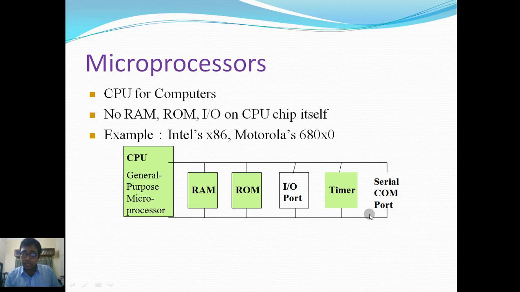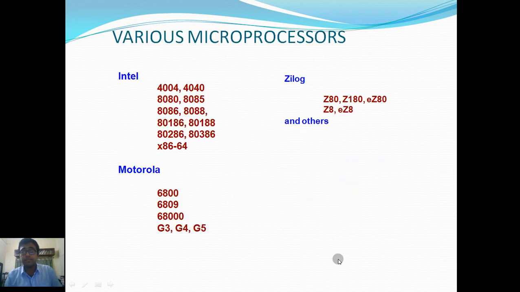We have timer circuits, a serial communication port, input-output buses, random access memory or cache memory for speed. If we increase the RAM, the speed of the processor will increase. And read-only memory is for secondary storage, a memory segment where we can store different data, and it will not go away when the power goes off. These are the basics. Now let's go to the next slide.